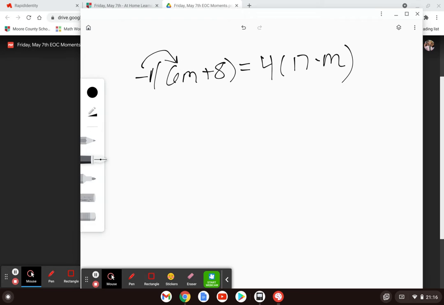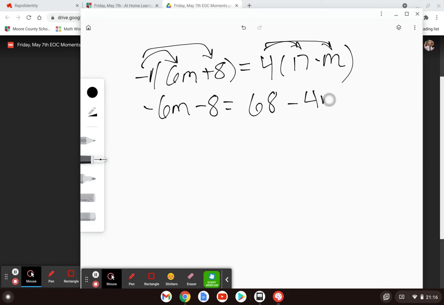Okay. Now the next one says, what is the solution to the following equation? So you've got the negative 6m plus 8 equals 4 times 17 minus m. All right, so this is just your standard multi-step equation where you need to distribute the negative. So anytime a negative is outside a set of parentheses, like this one is, I treat that as a negative 1. Okay, so that's going to become a negative 6m minus 8 equals 68